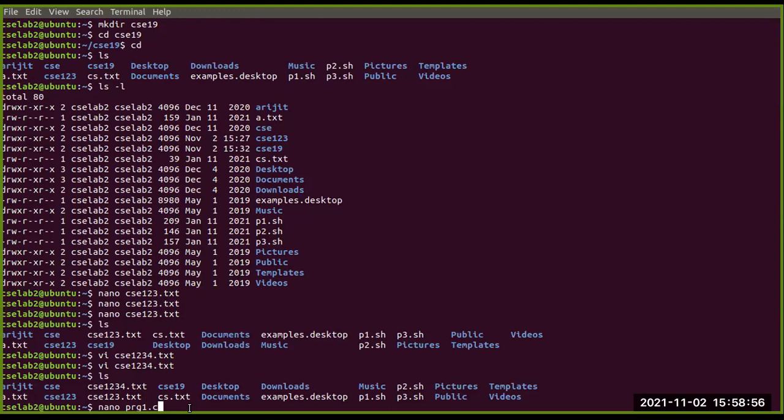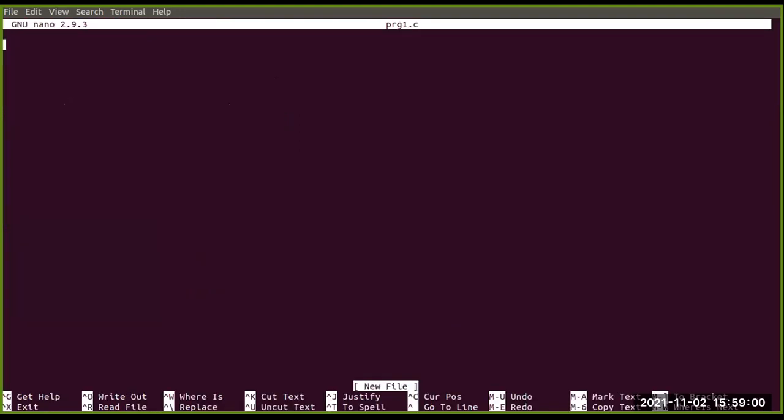So program1.c, nano program1.c. So I am now in my nano editor, where I will write some source code. Anything can be done.